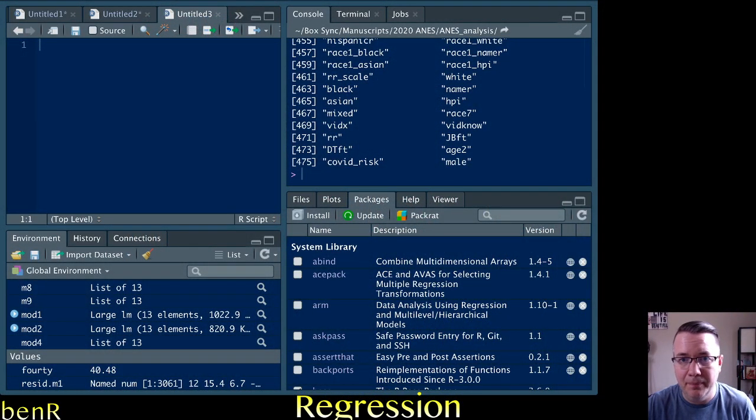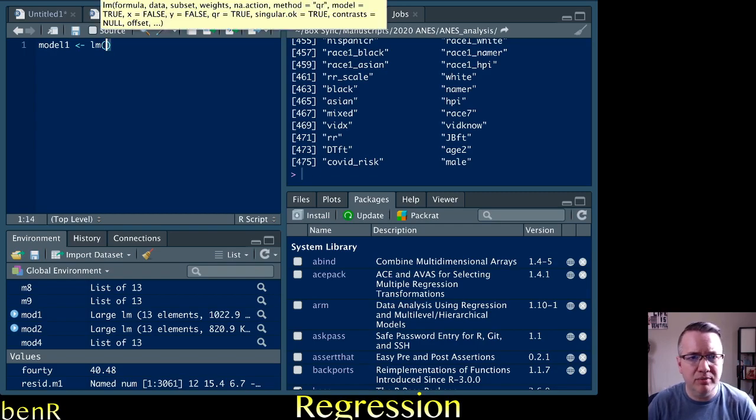Okay, so let's start by running just a basic regression model. So we will call it model 1. And here we're going to run a linear model to try to explain the feeling thermometer evaluation of Donald Trump using age, a dummy variable for male, a dummy variable for white race,